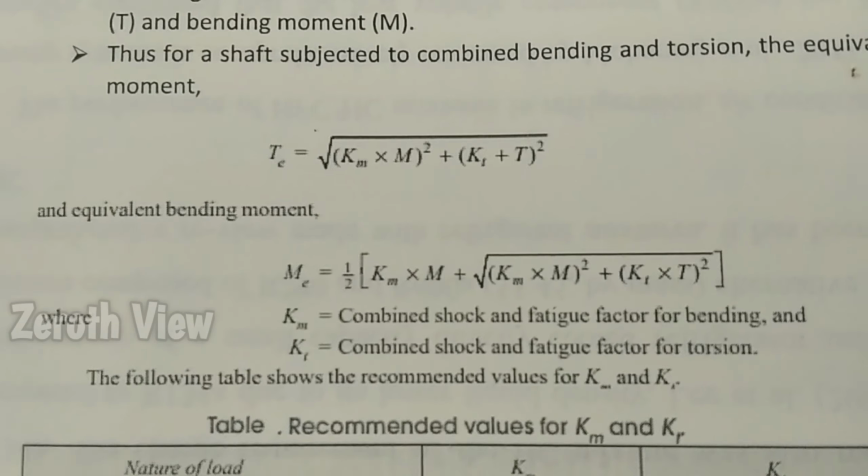If the allowable shear stress is 42 megapascal and the maximum tensile or compressive stress does not exceed 56 megapascal, what size of the shaft will be required if it is subjected to gradually applied load? So first we need to take the data, and afterwards we will calculate the size of the shaft. They asked us to calculate the size of the shaft. So what are the values which are given?